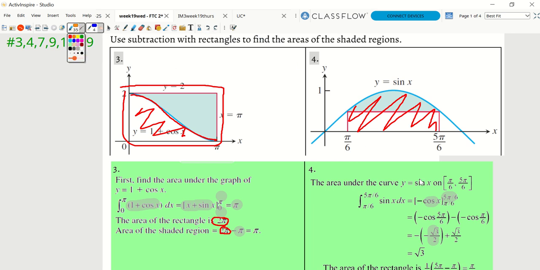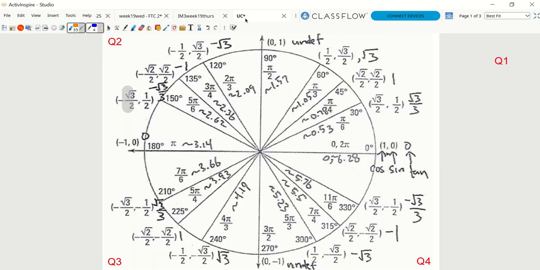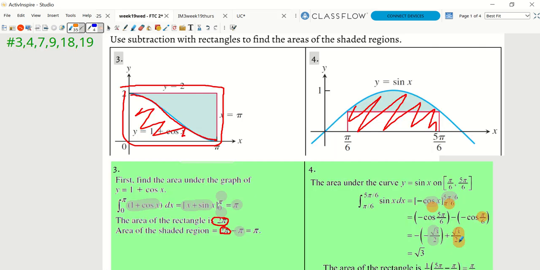Cosine of pi over 6 is going to be root 3 over 2, and because there's a pre-existing negative here, we get the negative there. Then 2 negatives make a positive, so this is going to end up being 2 root 3 on top over 2 on bottom. The 2's cancel, you're left with root 3. And the area of the rectangle here,